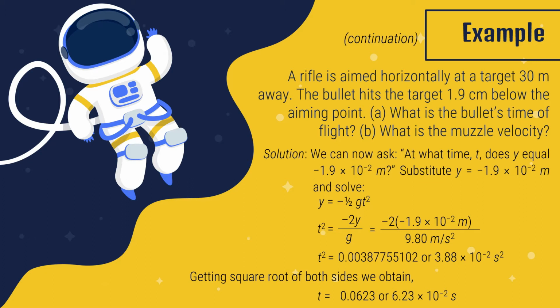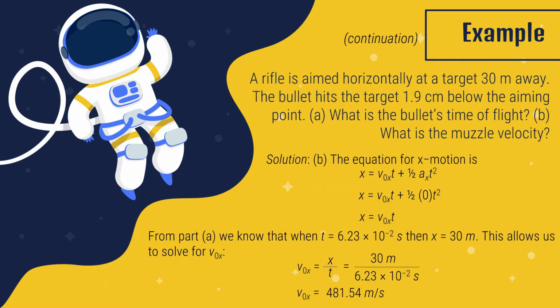t squared is now equal to 3 and 8800 times 10 to the negative 2 second squared. Getting the square root of both sides, we obtain t, which is equal to 6 and 2300 times 10 to the negative 2 seconds. To solve for question B, the equation for x motion is